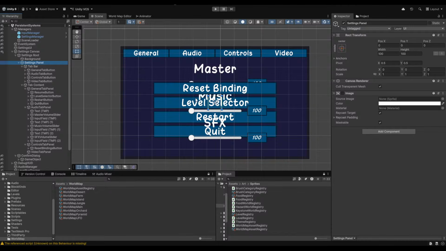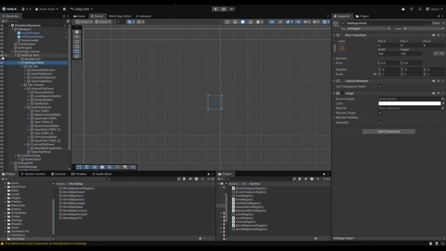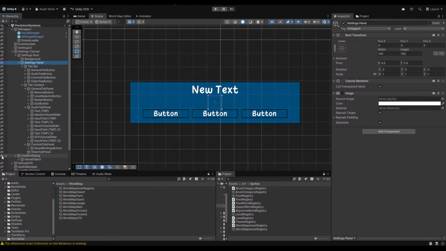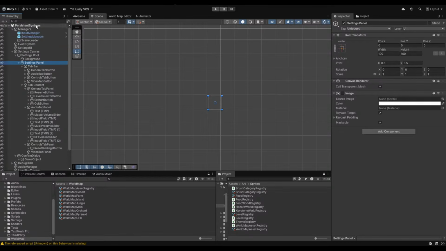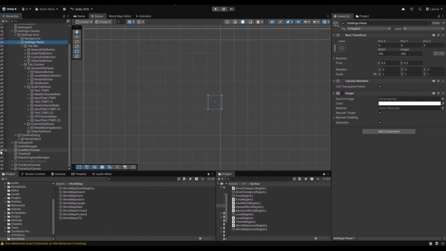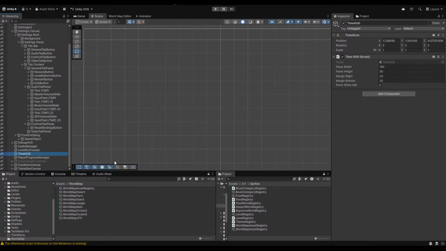Okay, but that should be good. Let's hide the settings. Let's go to, yeah, confirm is very basic confirm. Oh no, that's something else. And then yeah, all your manager. I probably should put that in the manager. It doesn't matter. Level run tracker, time HUD. All of this is its separate thing just for the persistent thing, right? And yeah, our save file manager.